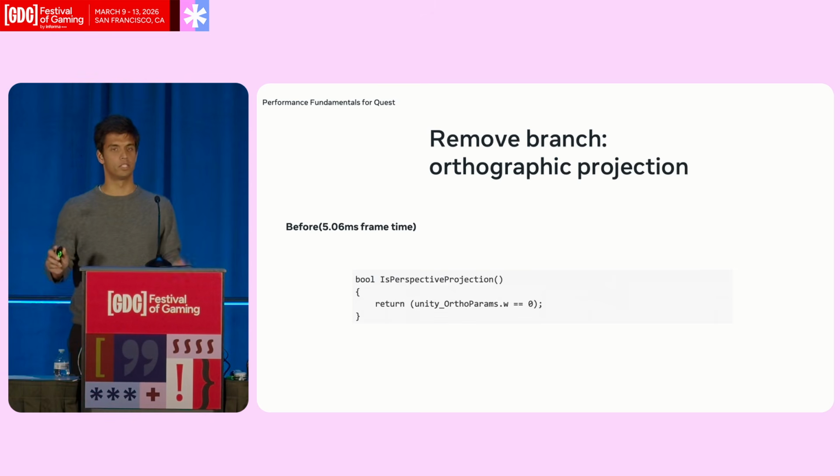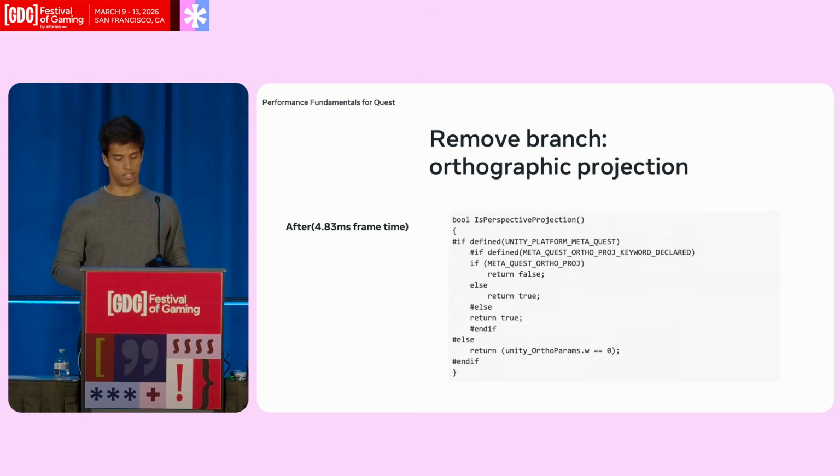Then we found a somewhat similar optimization, with a similarly sized win, but in a different part of the shader. We found that Unity's URP shaders by default had a check for whether you were using orthographic projection or perspective projection. That would be good if, hypothetically, you needed to always switch back and forth between them, and there was really no way to know ahead of time which one you were using. But what we found is that most Unity VR apps, and probably most Unity apps overall, use perspective projection most of the time, and it's known ahead of time. So instead of having that costly check, which is kind of like an if statement, actually comparing this W channel to 0,